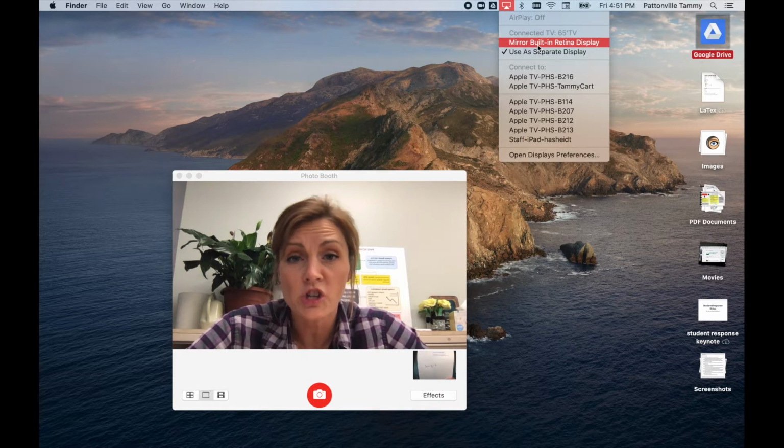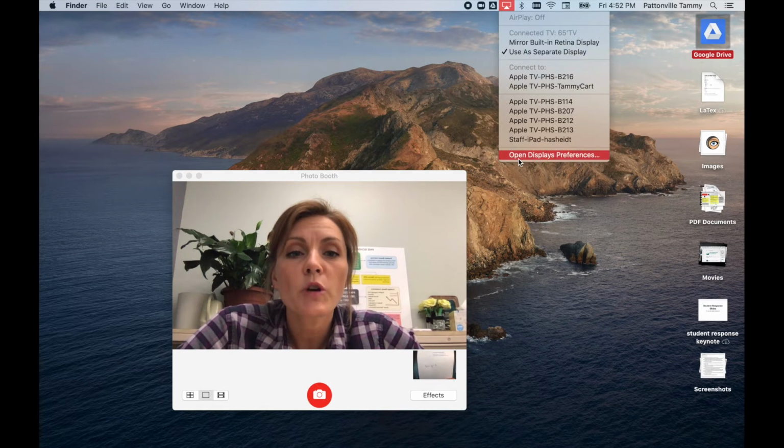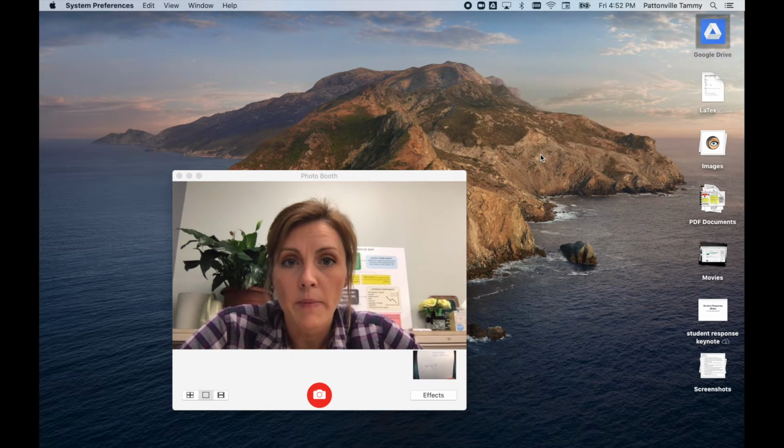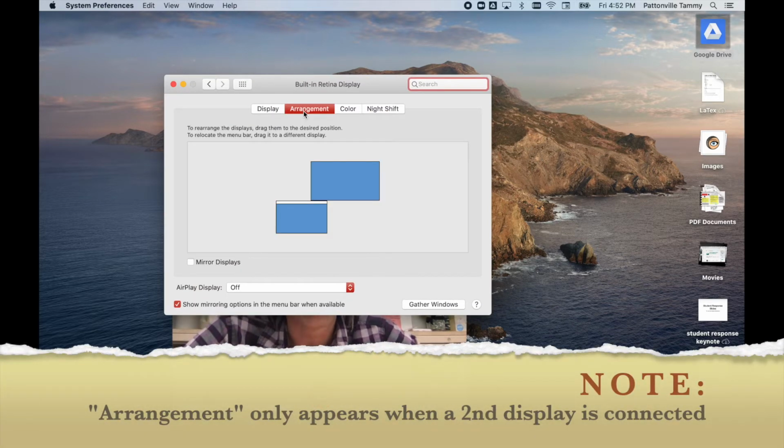And you could switch it mid-lesson if you needed to for some reason. But if I say use a separate display, that's the setting that's going to allow you to have kind of 3 different things going on with these devices. The other thing you want to do is open those display preferences up, and you want to make sure that you set your display in a way that makes sense for you,